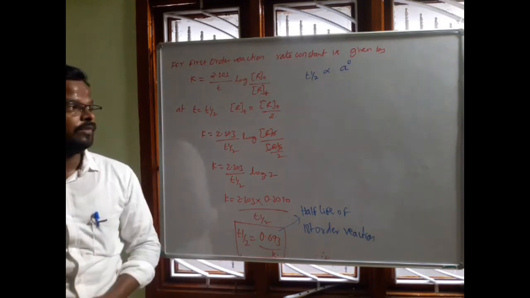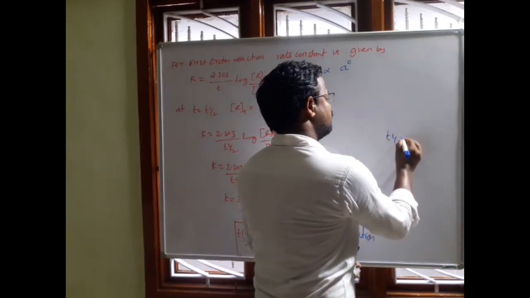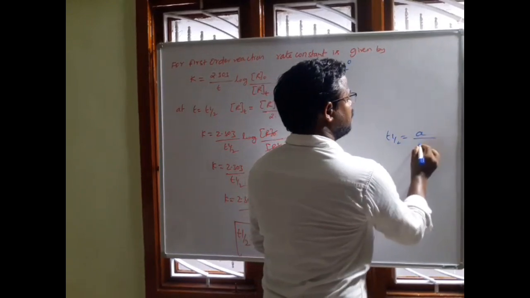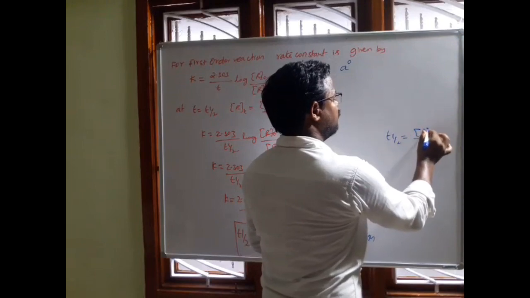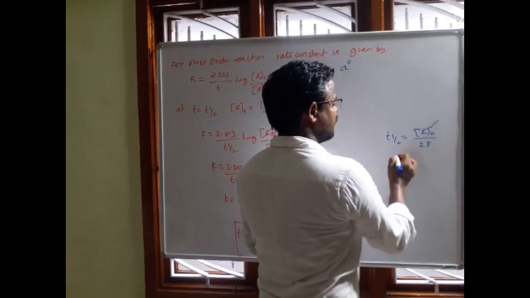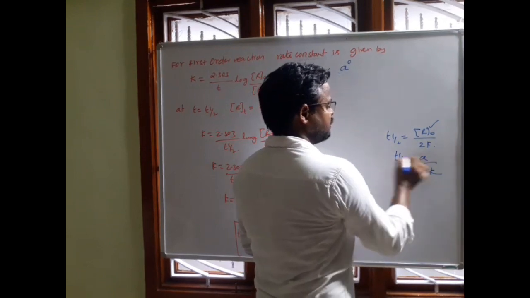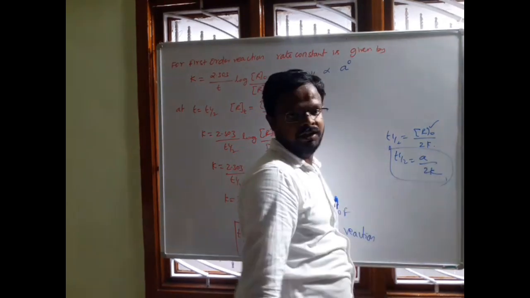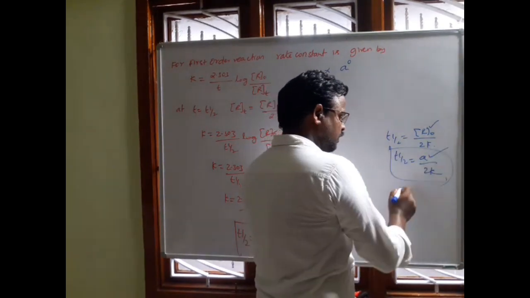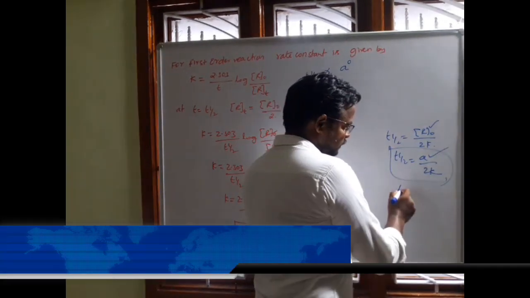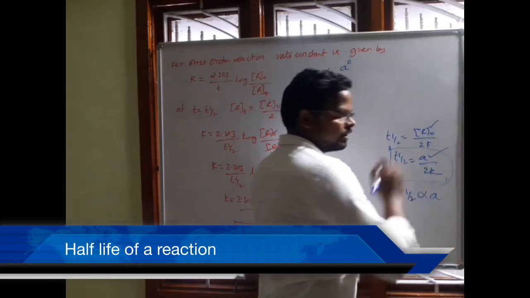But if you take a zero order reaction, its half-life is nothing but A by 2K. That is nothing but R naught by 2K, where R naught is taken as A. See, in this equation, which is for a zero order reaction, the initial concentration term is involved. So from that, what is the conclusion we draw? T half is directly proportional to initial concentration.